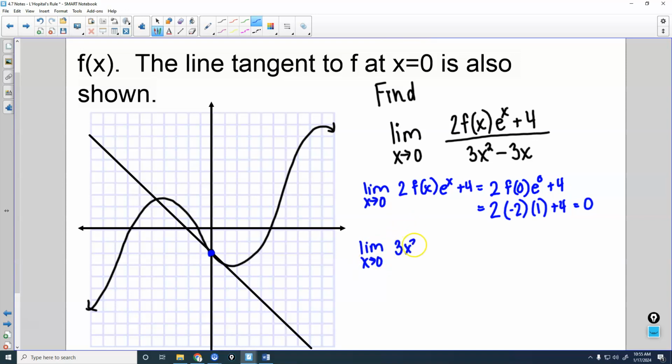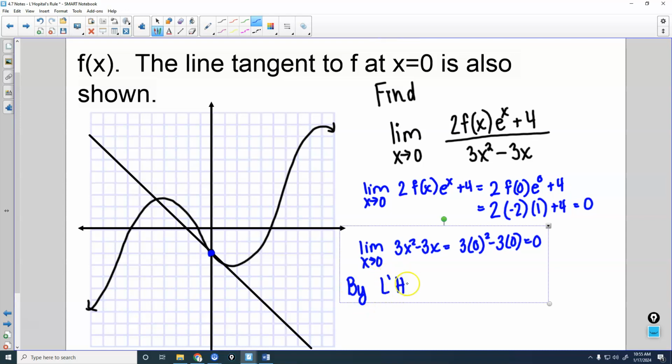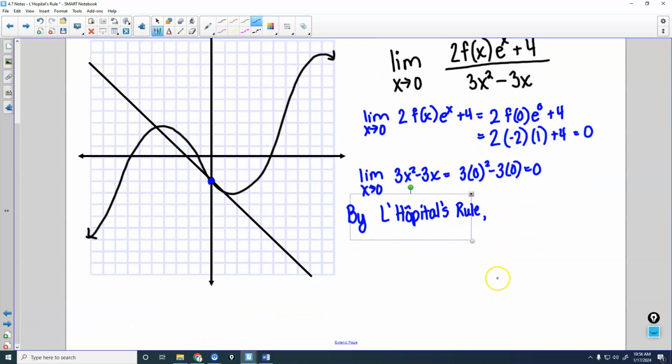And for 3x^2 - 3x, we are going to get 3 times 0 squared minus 3 times 0, which also equals 0. So by L'Hopital's rule, we can say that the limit as x approaches 0 of (2f(x)e^x + 4) over (3x^2 - 3x) is